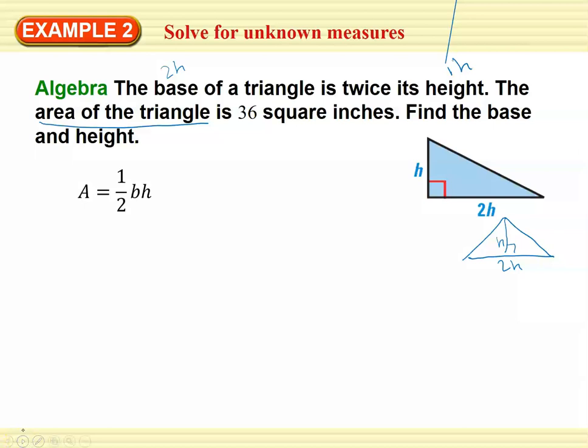And then I can fill in the pieces that I know. I know the area is 36. I know the base is 2h. And I know the height is h. Okay, so by filling in that information, 36 equals half times 2h times h,